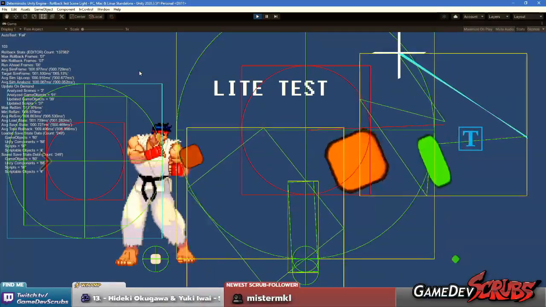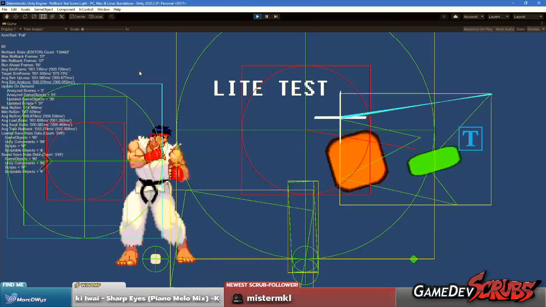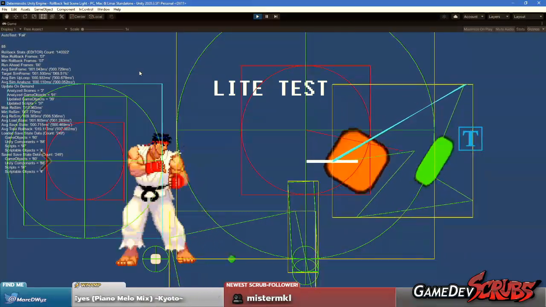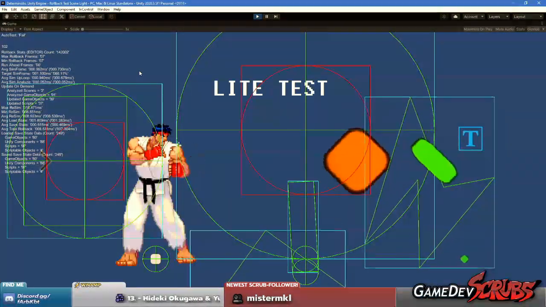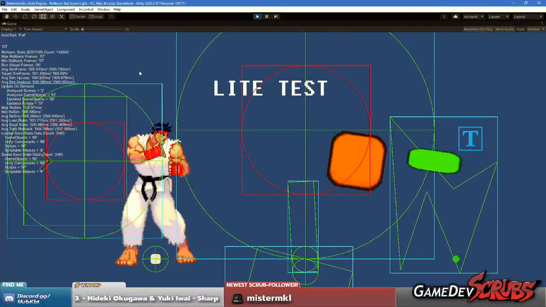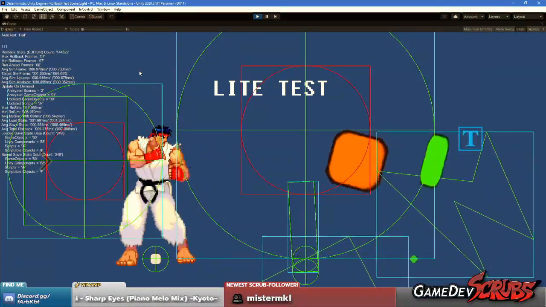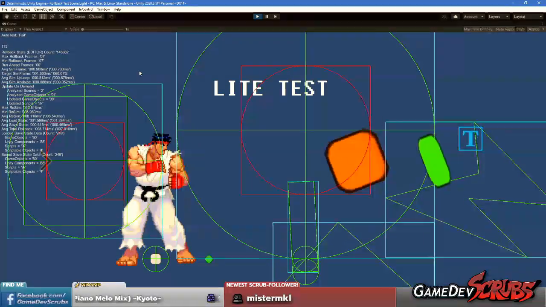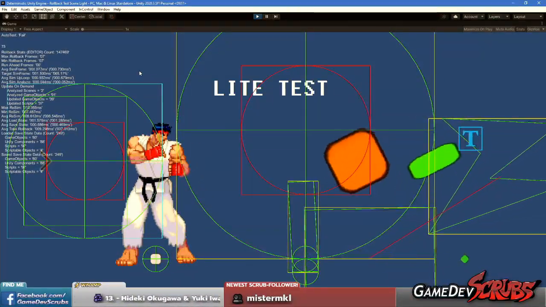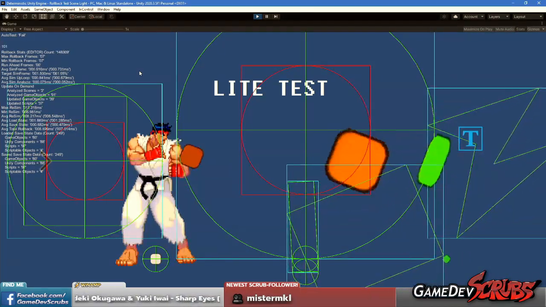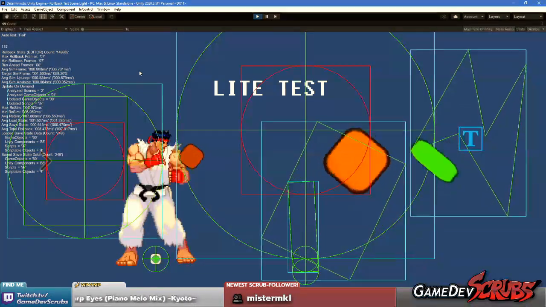So even if you use floating point numbers, and this is the dirty secret, if you use floating point numbers on like the 360 or the PS3 or the PS4, you can play with the other consoles as long as they all calculate the floating points the same. But if you go from an Xbox to a PS3, now you got a problem because those floating point numbers won't match up. So there are different levels of strictness depending on what you want to do.